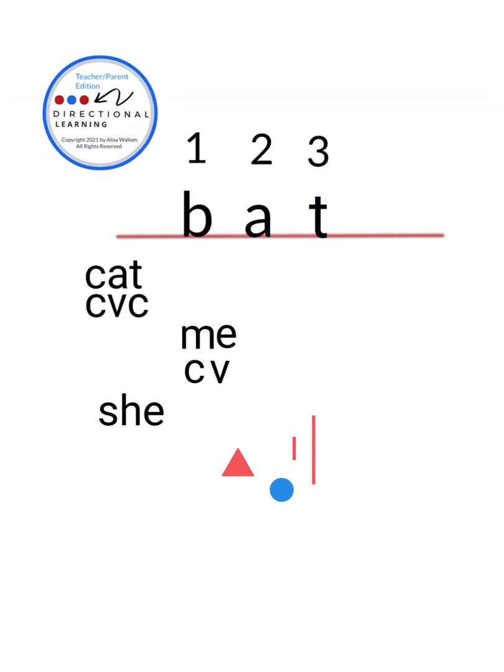Today, we're moving on to decoding. You can tell I have a simple word here. That's what we're going to be doing. We're going to be decoding these simple words by using all our shapes that we used in our last video. And we're going to be doing simple words like CVC words. It's a consonant, a vowel, a consonant. And we'll be doing closed syllable words, and we'll be doing open syllable words like this word here. And notice that they each have a vowel. That's what we're going to be doing, working on one syllable words that have just one vowel or one red